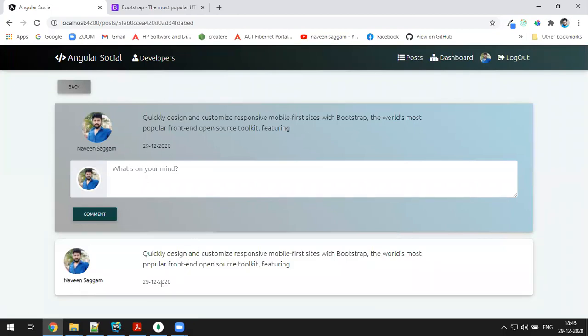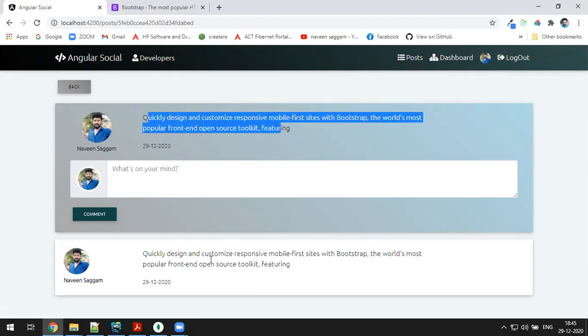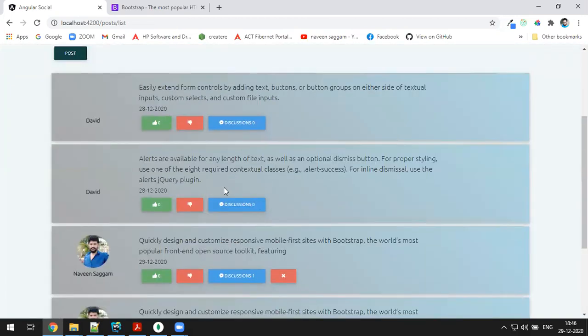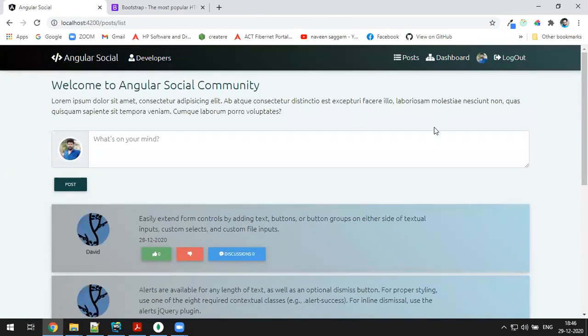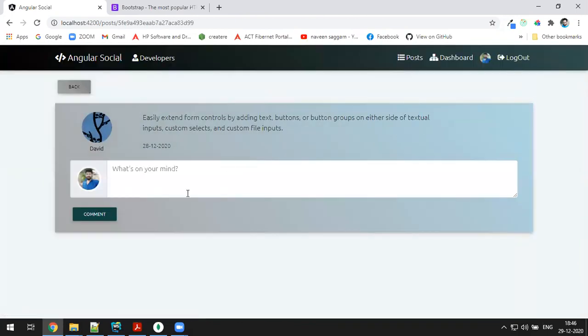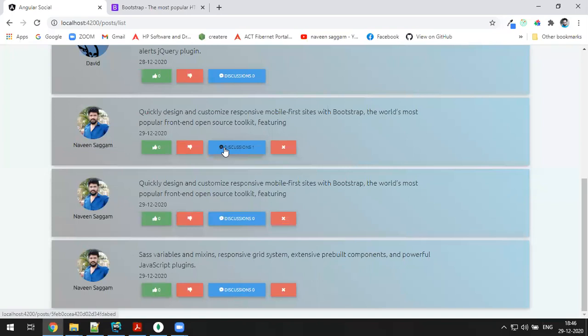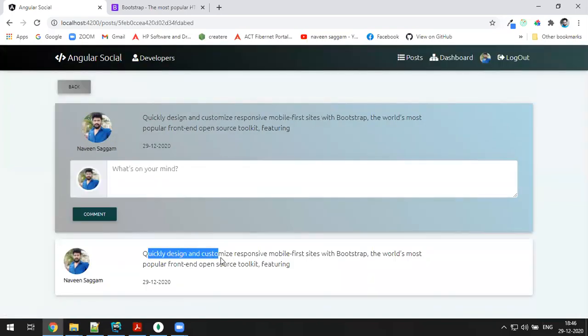Okay, when I made the comment, you get it now. Yeah, I made the comment, same comment, same post. How come? Okay, we'll see that. Back button. We don't have any other people's comments, no? Why is this image gone? Okay, the net is a bit slow. Click on discussion. There is no comment for this one. We are not sure what comments we made earlier. I think I made the same comment for the same post. Okay, maybe today only I made it.